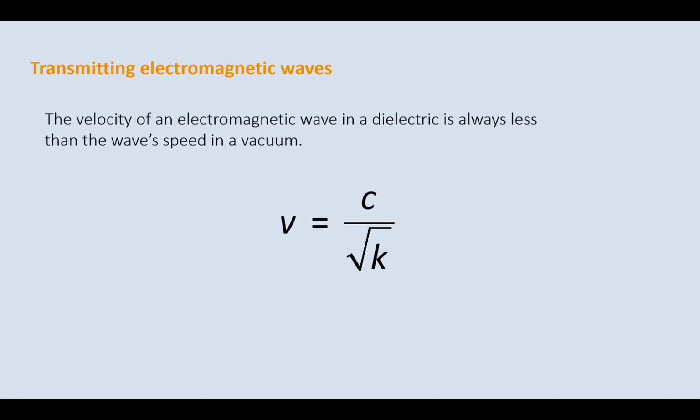We can find the speed of any electromagnetic wave in any dielectric, where dielectric means عازل, using this equation. The speed of the electromagnetic wave inside a dielectric material is equal to c, which is the speed of the electromagnetic wave in space, 3 times 10 to the power of 8, divided by the square root of k, where k is the